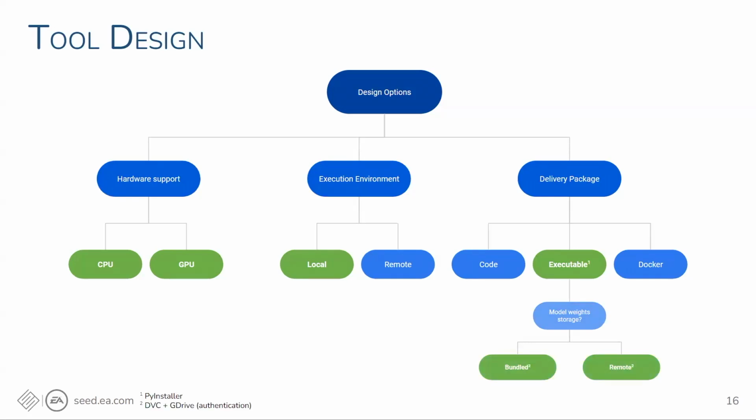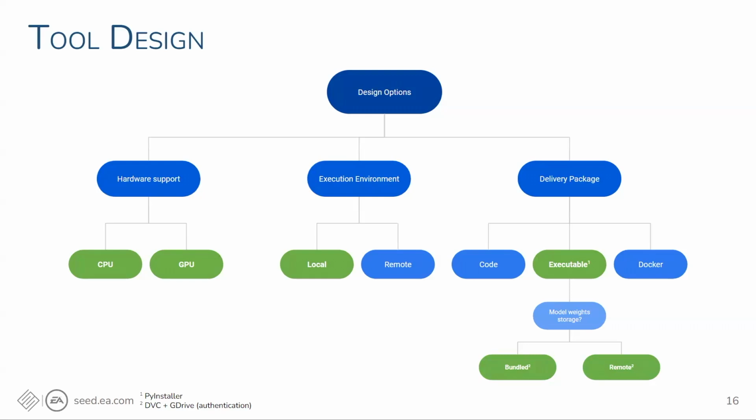We finally decided to use DVC, which is a data version control open source library, which allows us to store the weights in a remote storage solution and bundle in the tool only the DVC files, which basically just point to where the weights are stored.